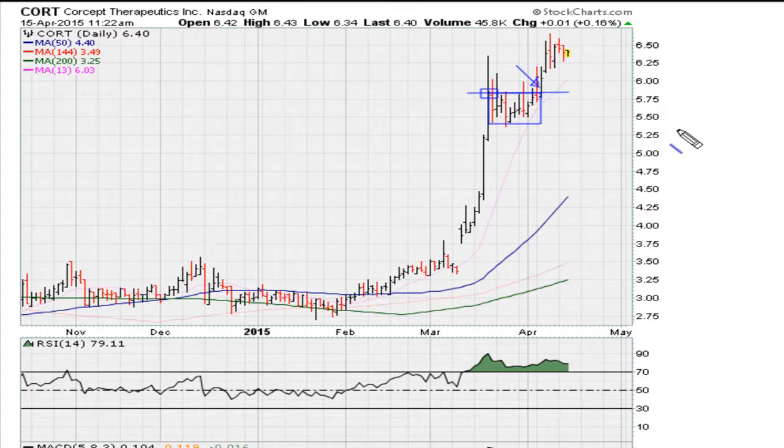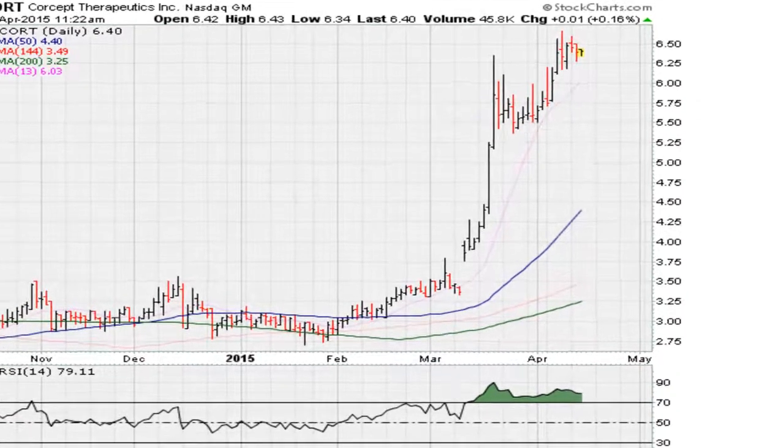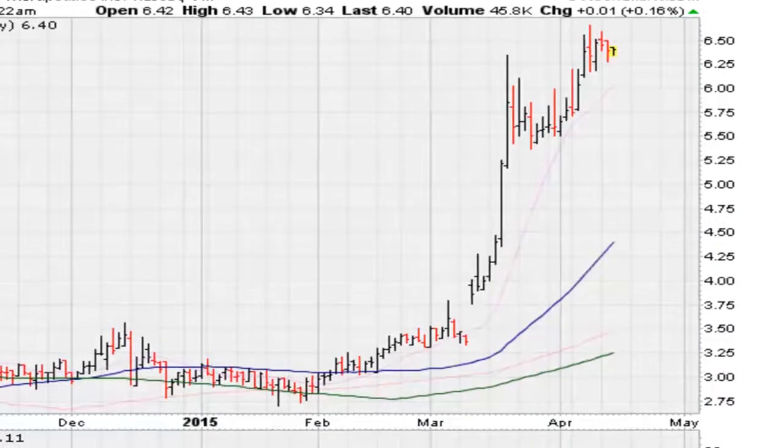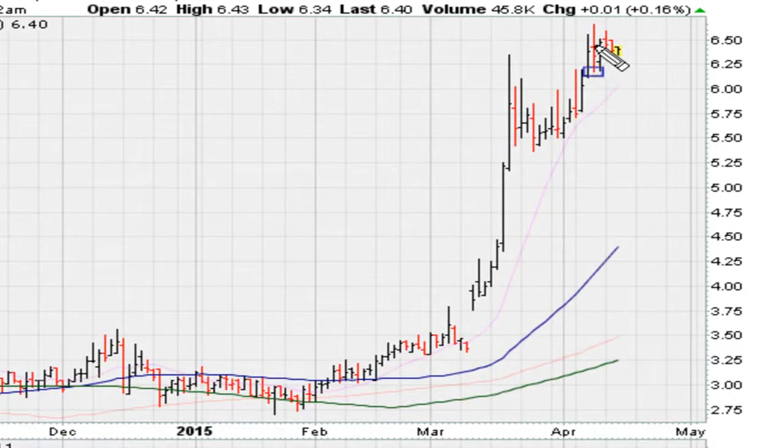But we are trying to find the most recent potential entry if you want to own this for, let's say, a swing trade lasting a couple of days, a couple of weeks. We need to take a look at the recent daily closing high, and that would be the next buy point. So the current daily closing high on this stock is